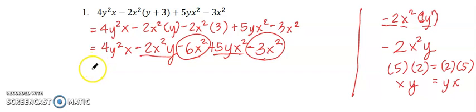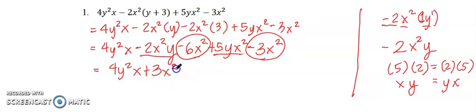We can now combine the like terms that we were able to identify. For this one, since it's unique, you just copy it. No need to combine it with the rest. So that's 4y squared x. And then combine the next term. So we have negative 2. Simply add or subtract their numerical coefficients. So that's negative 2 plus 5. You get positive 3. And then copy the literal coefficient. Again, copy. Do not multiply. Just copy. So we have x squared y.